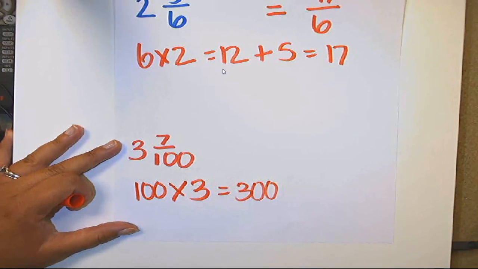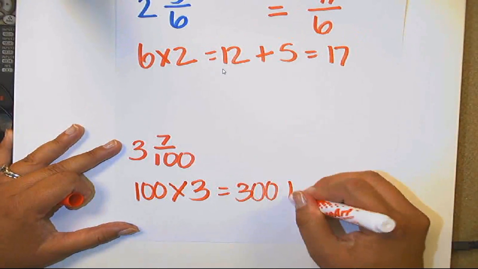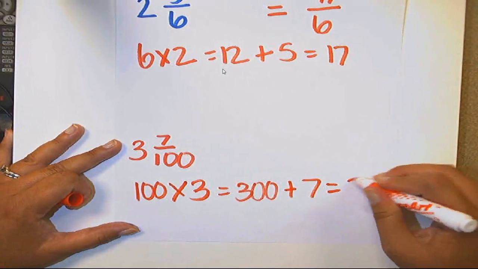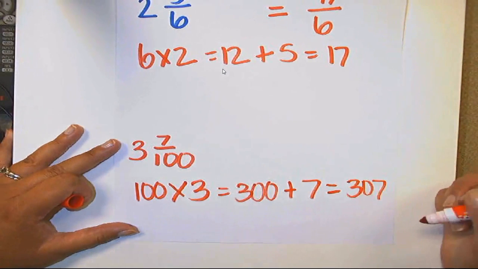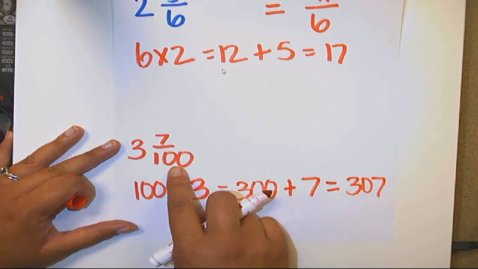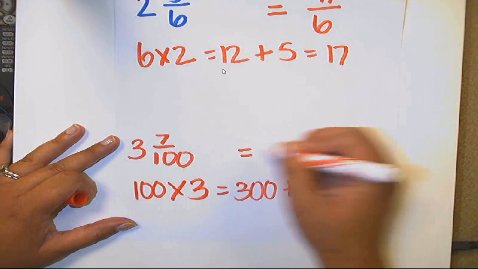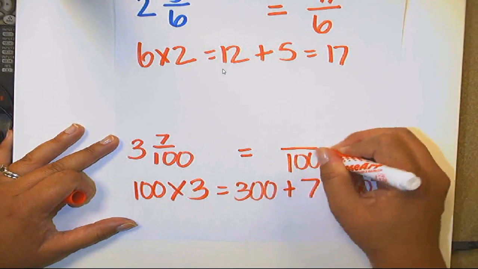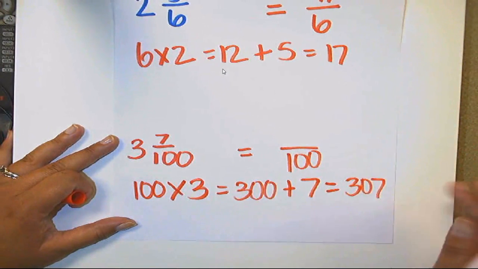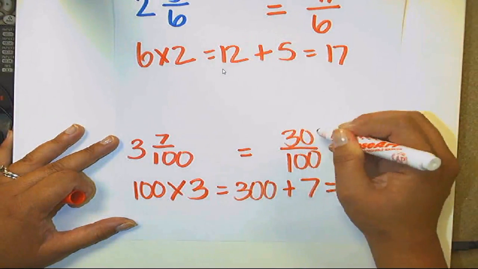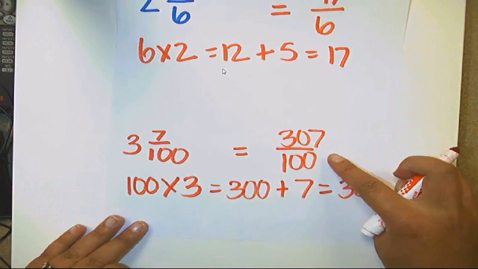And then I'm just going to add that numerator, add 7, and it gives me an answer of 307. My denominator is not going to change. My new numerator is 307. And that's just what your answer will be,